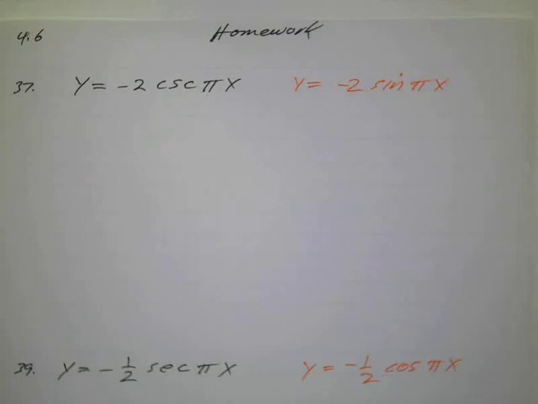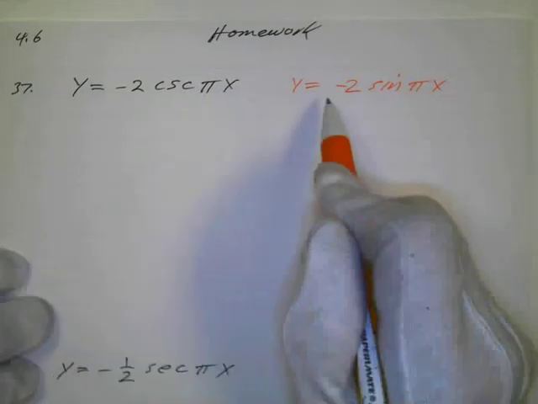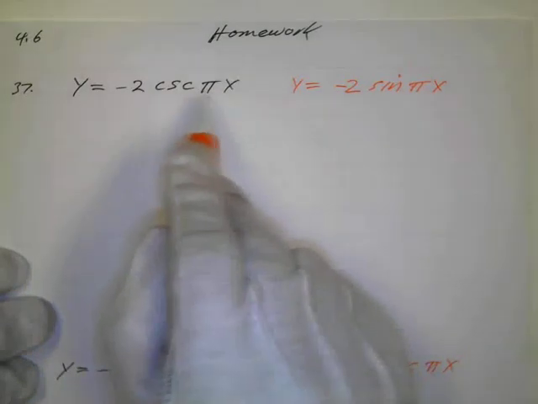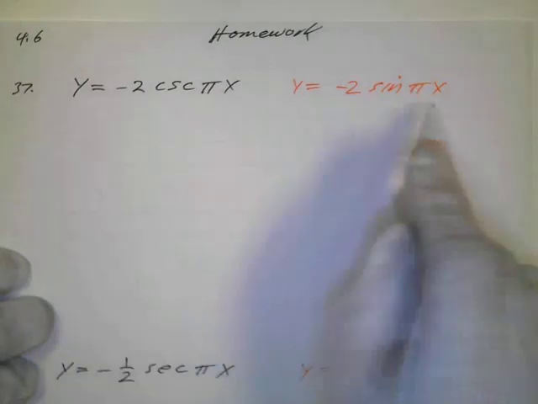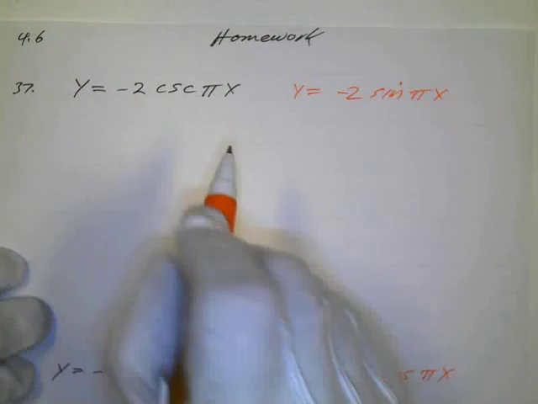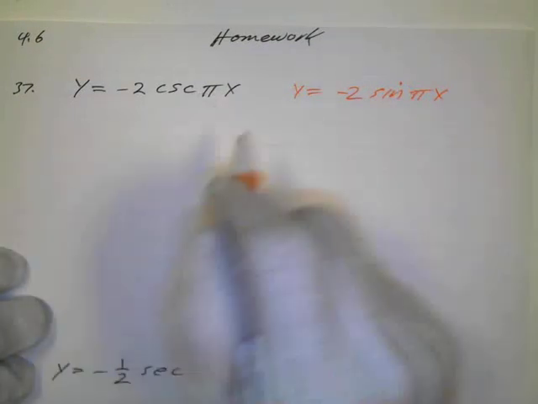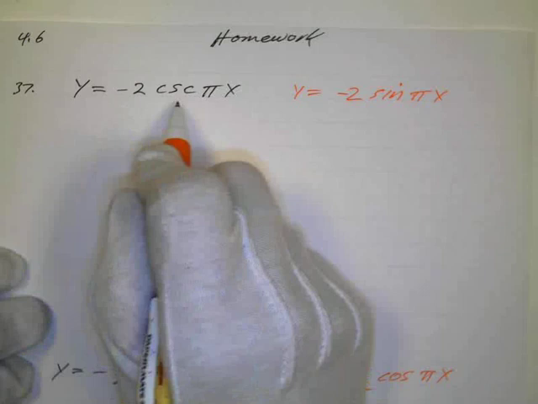Okay, some more problems in section 4.6, and I'll try to graph two periods in these two problems because I wasn't doing that in the other ones. And again, we're going to start over here with our reference function. In other words, this is the one we're going to graph. We'll graph that in black, and we'll use the reference function in orange. This is the 2 cosecant of pi x. So this, I'm going to use a negative 2